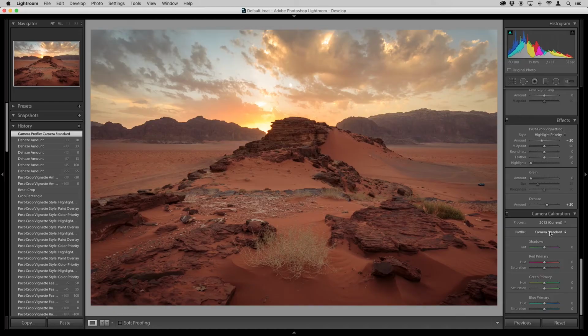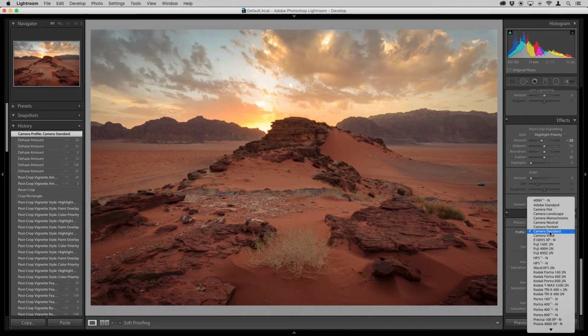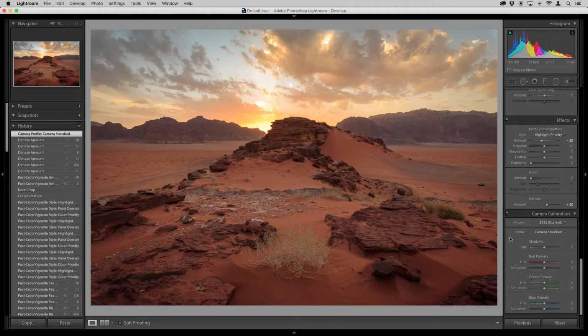And for me, the reason why I start in this particular module is because before I make any sort of adjustments to the images, I want to have that starting look. And if I do this, then it's going to impact the rest of the processing pretty significantly. Now, do I want to do this at the end of editing? Definitely not, because for me, this is way too saturated and too much contrast has been applied to the image. If I go ahead and undo that, you can see how big of a change just switching the camera profile is going to carry. So this is something you have to keep in mind.